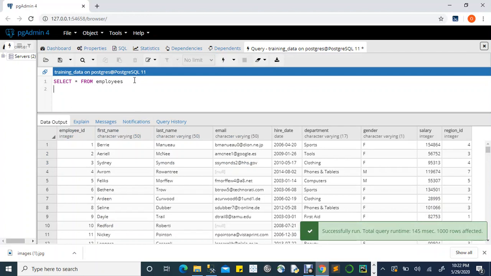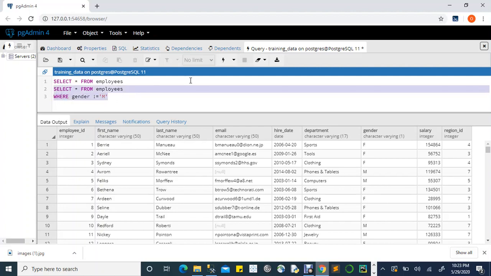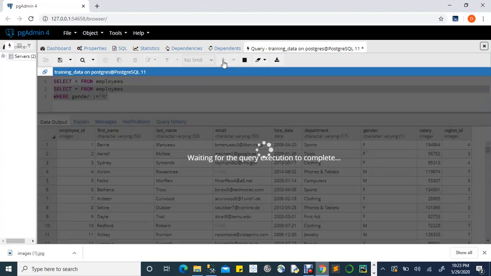So what we want is we only want to see where gender is not equals male, right? So we only want to see where gender is not male. So what I can do is to say select star from employees where gender not equals male, right? So we looked at this in the previous tutorial, where gender not equals male and we're going to